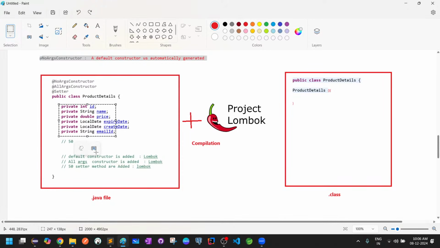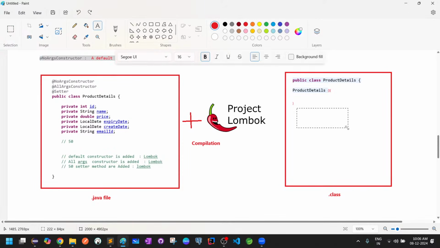If you have 6 properties here or 50, whatever it is, all 50 setter methods are added automatically. So who is doing it? Project Lombok is doing it. If you remove the setter, this class has only one default constructor and one all-arguments constructor. Now this class doesn't have any setter or getter methods. The moment you add the setter, what happens? Immediately, before the .class file is created,